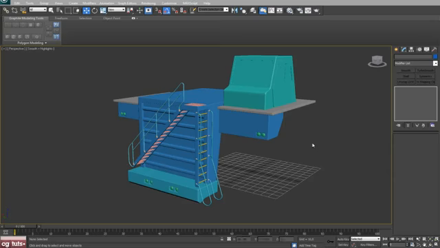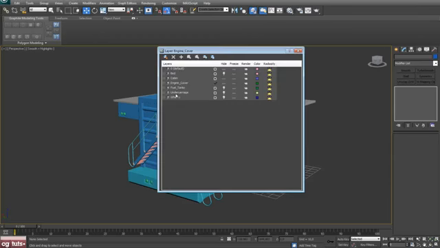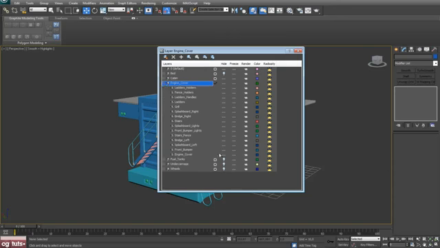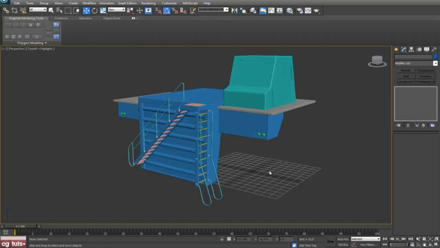I will continue with adding fence around bridge, and first go to manage layers, and I will hide front bumper and also front bumper lights. Okay,